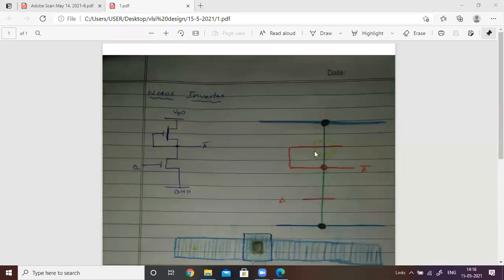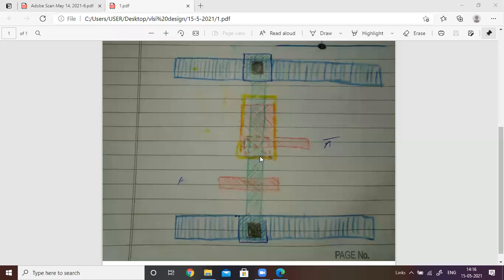So here, just observe. This point is short circuited to here, and what type of contact are we going to use here? We are going to connect a polysilicon with the diffusion layer, not with metal. If it is metal, it is an ordinary contact, and this is the special contact. That means you can use either a buried contact or a butting contact. Brown color is used to identify the buried contact in most design styles. Remember. So at this point we are using the buried contact.